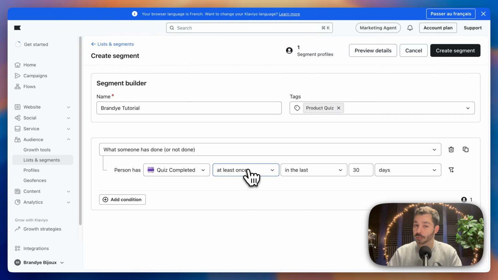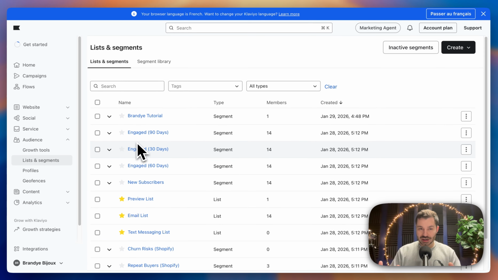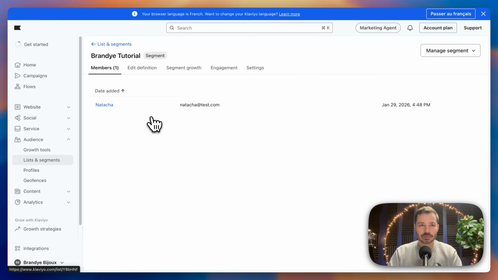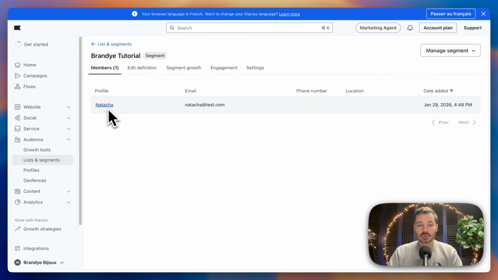So now you can select some parameters, at least once in the last 17 days, but you may be an expert on Klaviyo, so you can choose your own parameters. You just have to validate everything and create the segment. So when Klaviyo has done the job, you will find your segment here, Brandye tutorial, that's the name I've given to this segment. And here, as you can see, I found some information about Natasha,